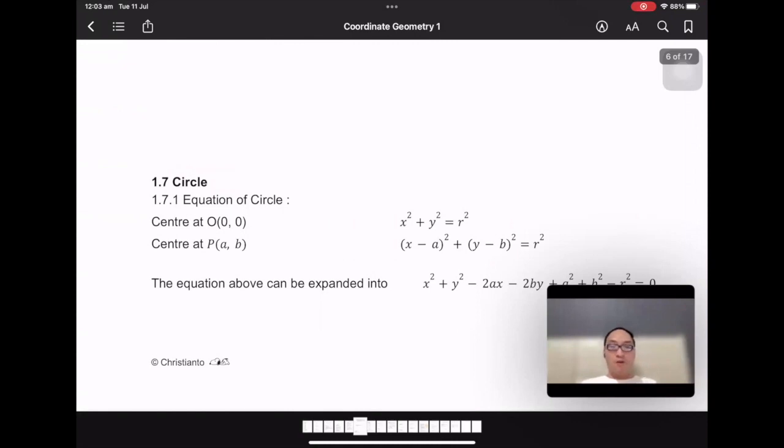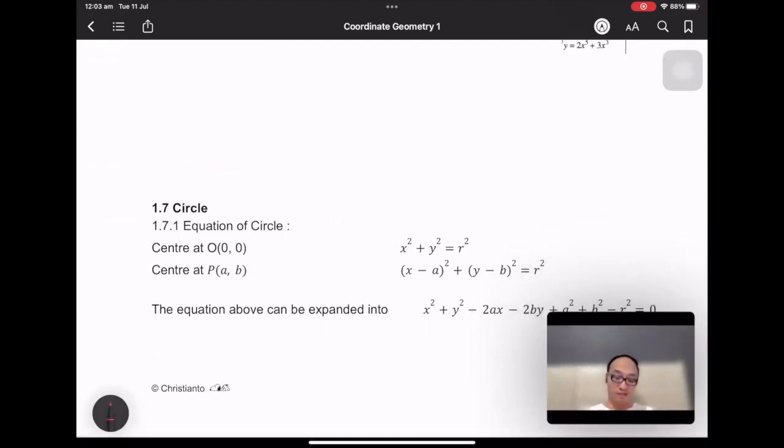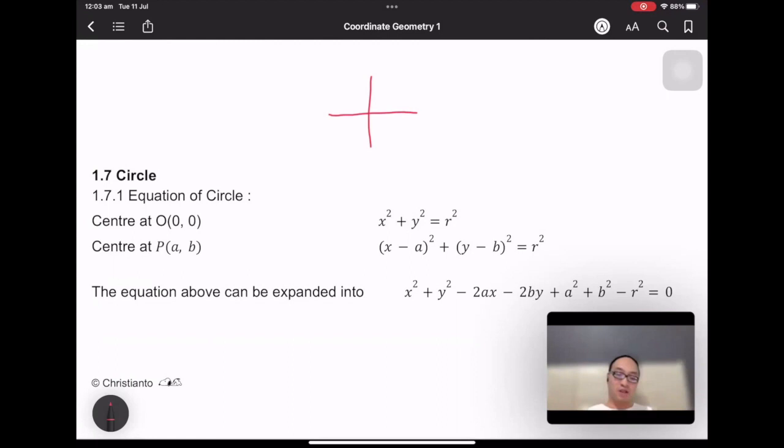Okay, we move on to circle. Equation of a circle. We have two types of equation according to the center of the circle. Equation of the circle, for example, the center is origin, and I have any coordinates k,